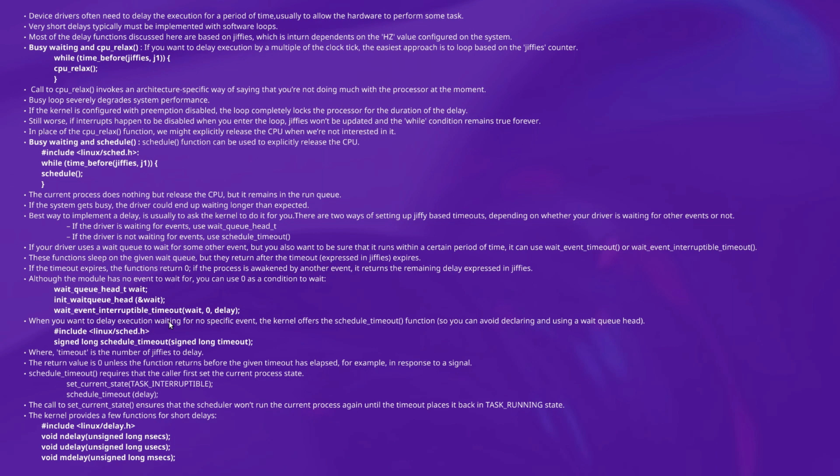Okay, so there are calls like wait_event_interruptible_timeout, and if our driver is not waiting for some event, we can use schedule_timeout, where timeout is the number of jiffies to delay, and the return value is 0 unless the function returns before the given timeout has elapsed. Okay, so for better understanding,